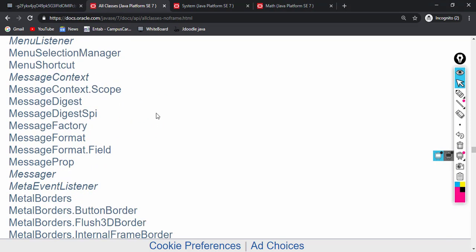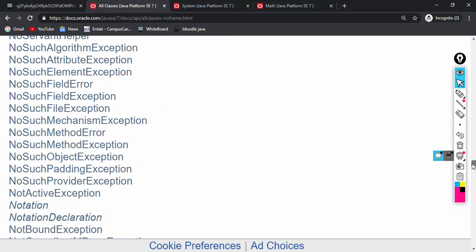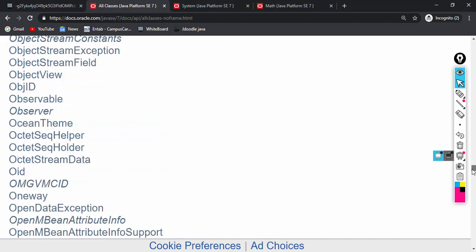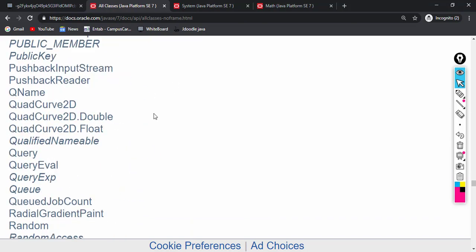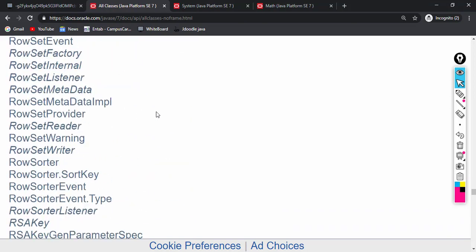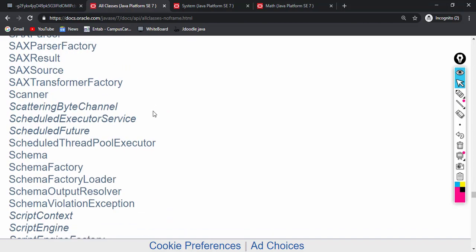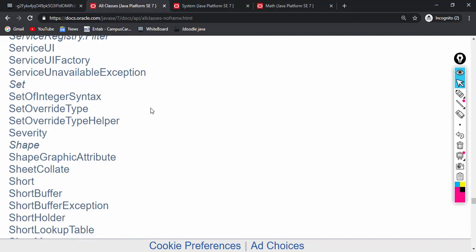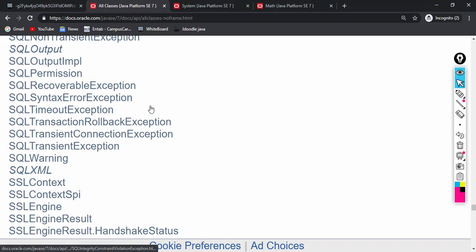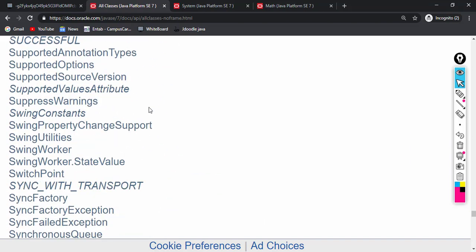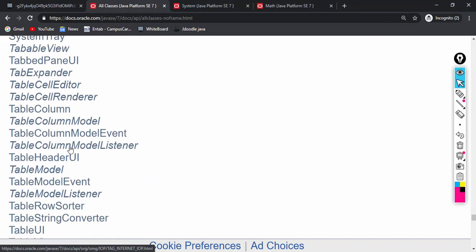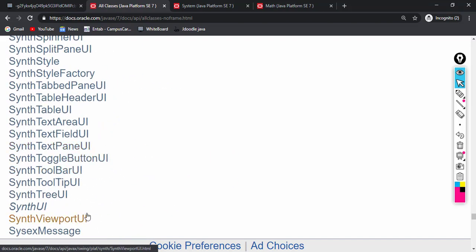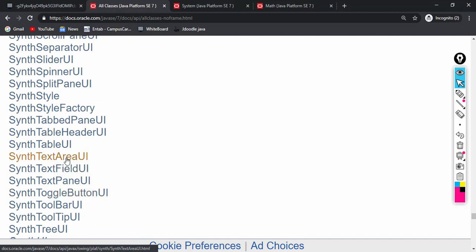Okay, let's see the System class. Let's come to the S category and open the System class. It's taking such a long time just to scroll down.